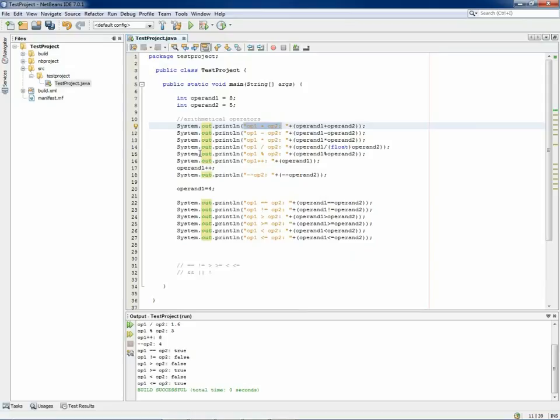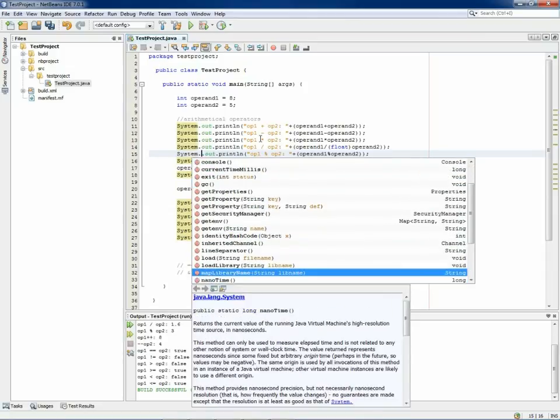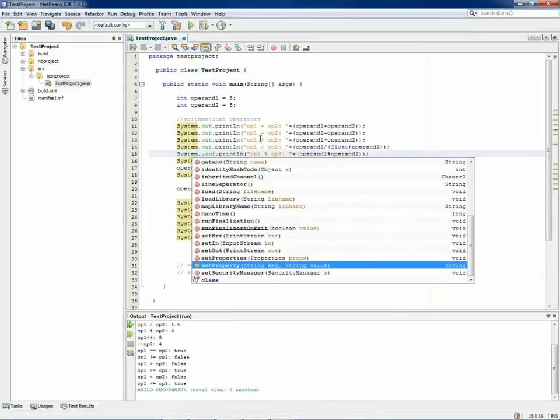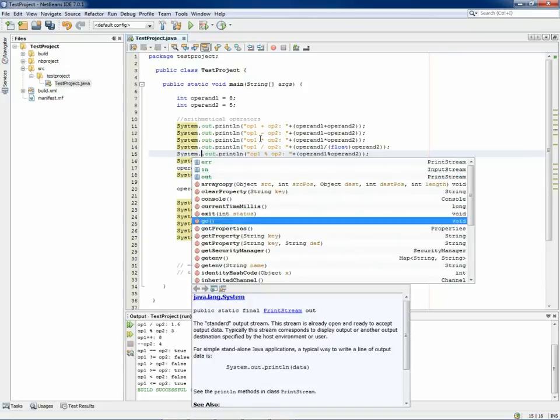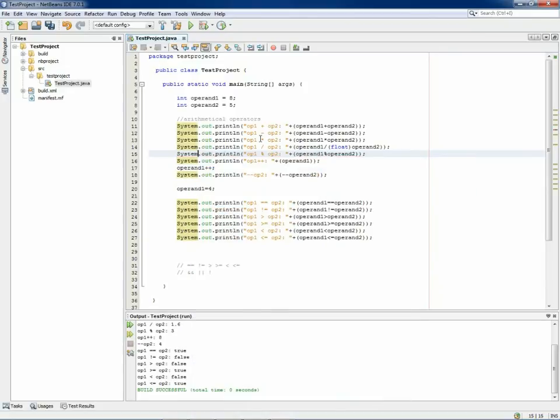And it also knows the packages. If you have this system package, for example, we get a dot here, and it shows us all the possibilities that there are, the methods and members, but we are going to talk about that later. Now, to get back to our program,